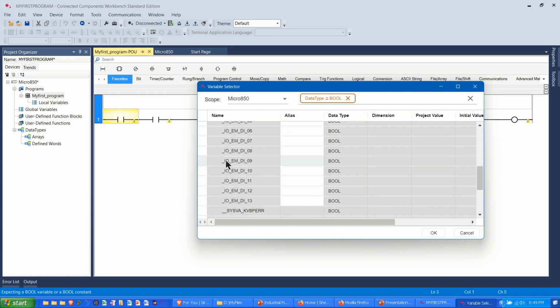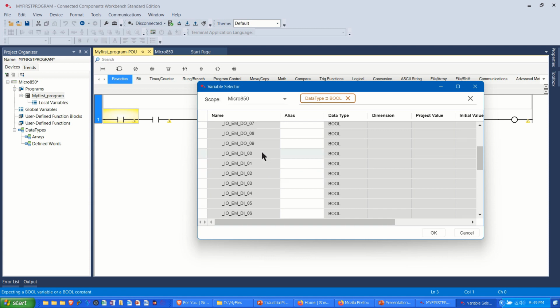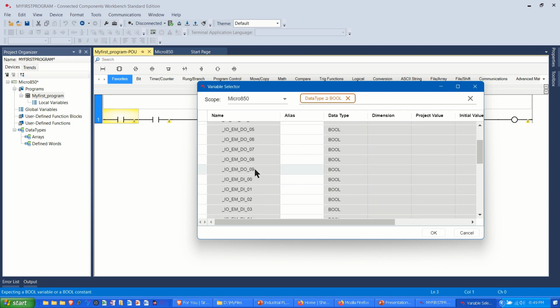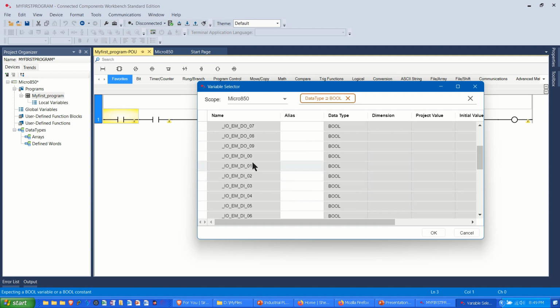And this translates to underscore IO underscore EM underscore DI underscore the actual contact itself, the terminal screw, 09. When it has DO, that's a digital output, and you can see that I go from 00 to 09, which gives me my 10. And everybody forgets that 0 is a placeholder and we have to account for it, and everything gets shifted by 1. So what we're going to do is assign, just because it's here, digital input 00,